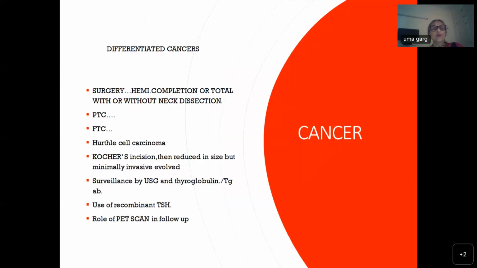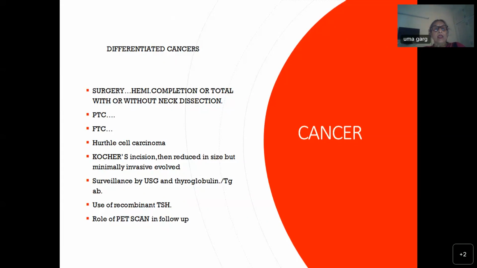I've already told you about differentiated cancers, and they are PTC, follicular thyroid carcinoma, Hurthle cell, and the surgery which is done may be hemithyroidectomy. In case it is malignant, like papillary thyroid carcinoma or follicular, it comes out, then a completion is done. But if you are very definite about the diagnosis and malignancy is confirmed, then total thyroidectomy is done. But sometimes depending on the FNAC report, we do a hemithyroidectomy, and if it comes out to be a malignancy, then sometimes completion thyroidectomy is done after